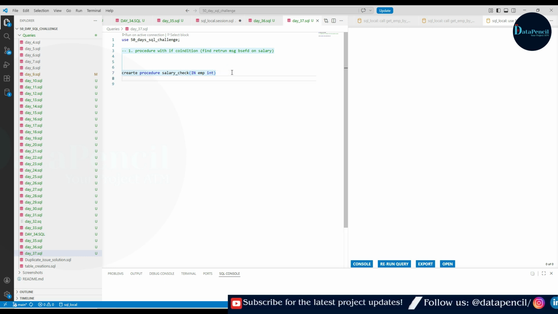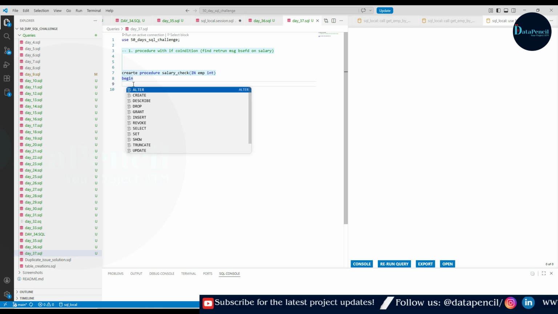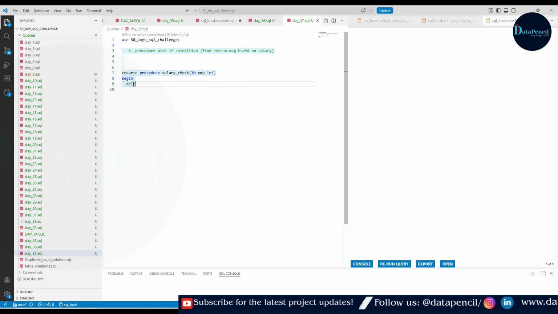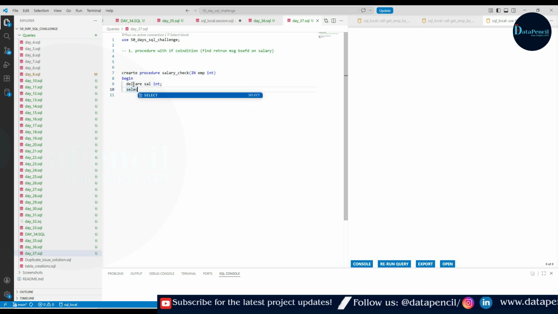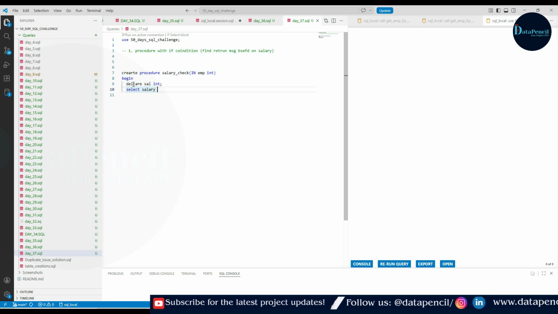Now our procedure is going to begin, the code that we want to store using this procedure. Let's first declare the data type of our salary. For that we will write declare sal as an integer. Now we have to select our columns.